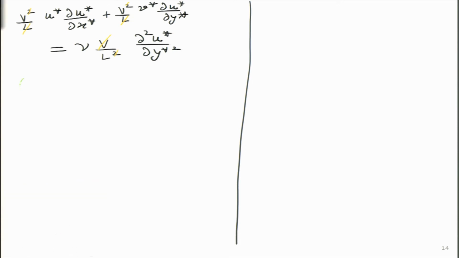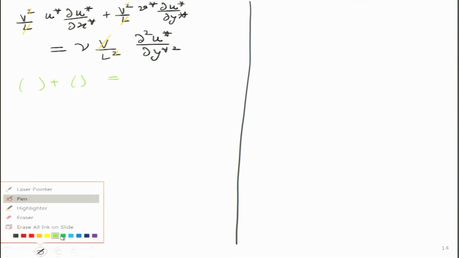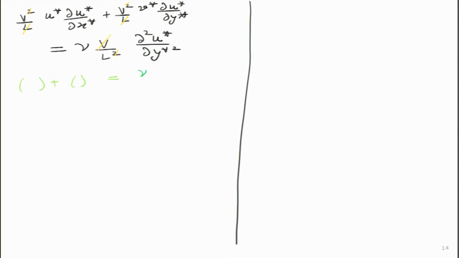Okay. So, we will get the first term plus we will get the second term, and on the right hand side what will we get? We will be having nu divided by capital V divided by capital L, and then this term over here. These non-dimensionalized terms are long to write, so I am not going to write them. And what is this number over here? nu by V L is simply 1 by Reynolds number L.